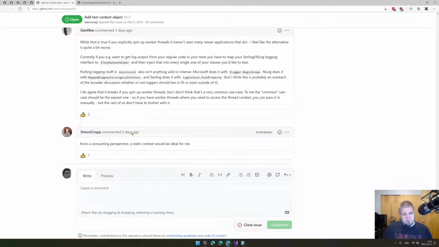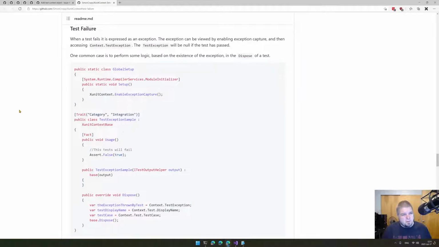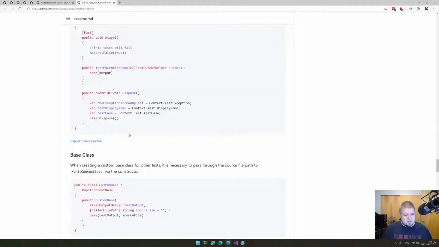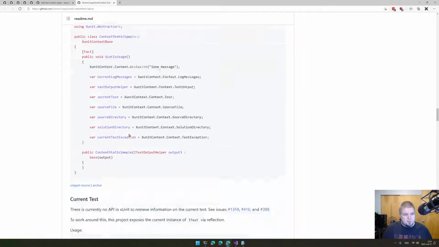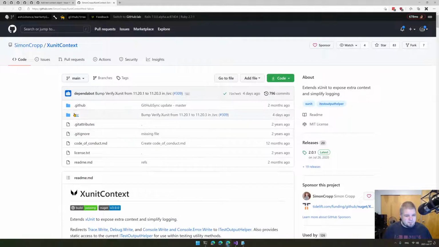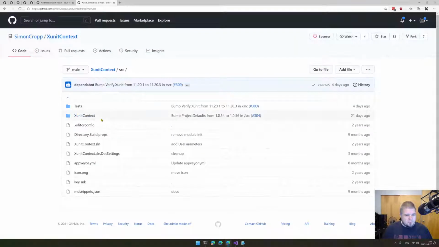From a consuming perspective, static context. So a bunch of people saying static context. Fine. Let's go take a look at what Simon has here. So this enable exception capture that he shows, I'm curious to know exactly what he's doing. Right, so